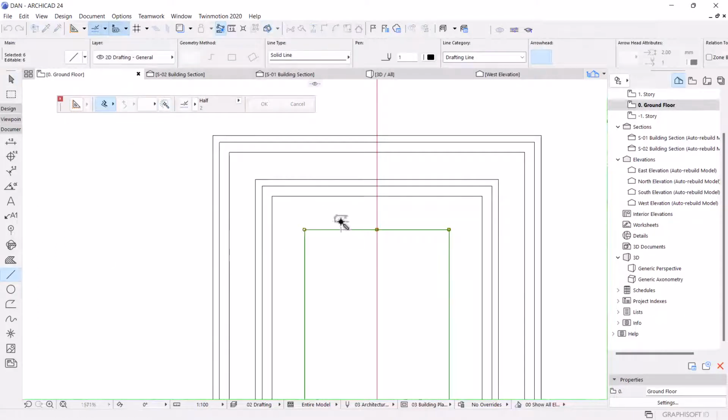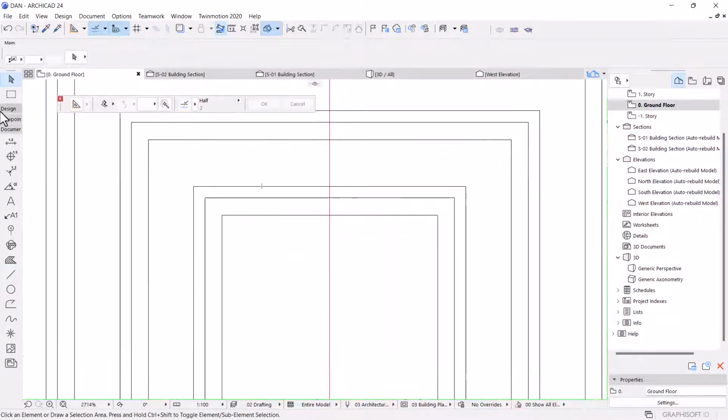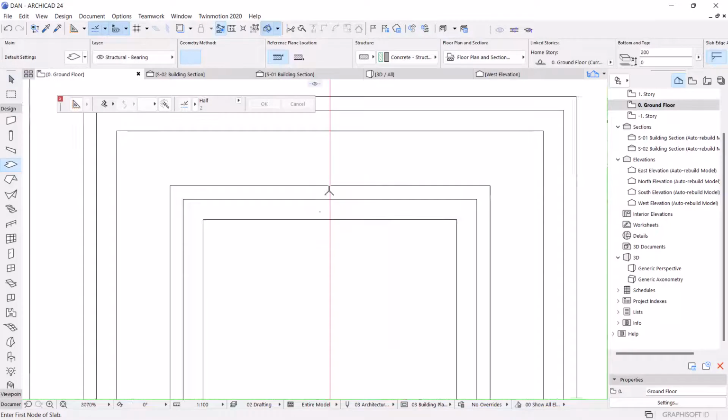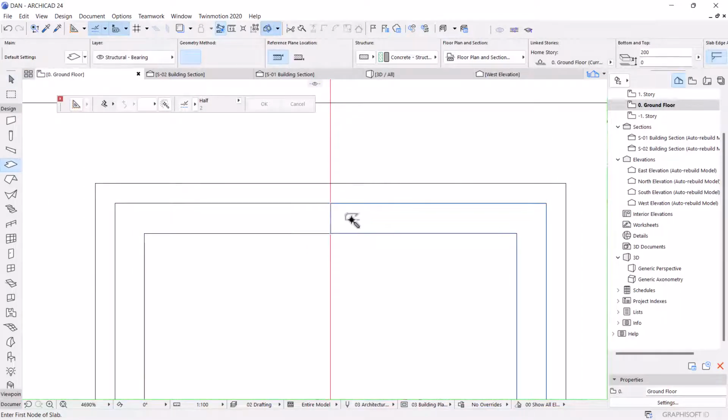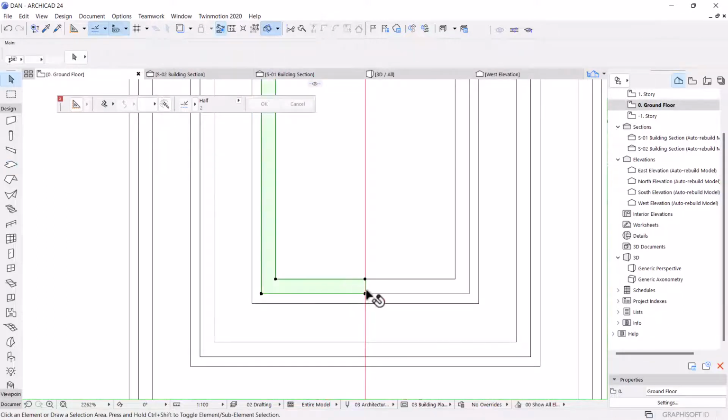We're going to offset 30 mm, and we are going to offset 20. Then we go to the slab, and this and this, and then we hit on one of these. So if I click on them,